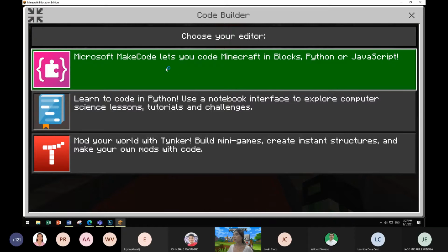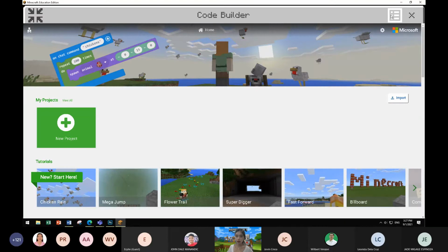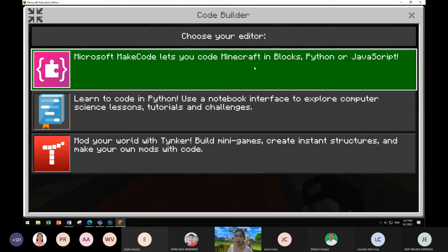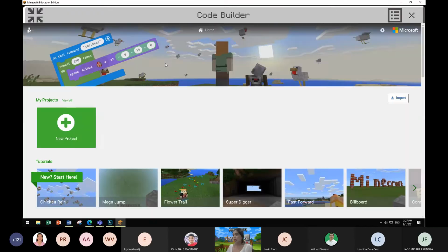Okay. Pag ganun yung nangyari, ganito lang gagawin mo. Balik ka dun sa may icon. May icon na ganito, nakikita mo to. Beside mo dun sa X icon, hanapin mo yung kaparehong icon nito. Okay po. And click mo yan para bumalik ka dito sa my editor screen. Okay? Pipindutin natin, kids and teachers, one more time. Microsoft Make Code, yung color pink. Okay? Yan. Okay, going back. So from here, na-access na natin yung Microsoft Make Code Code Builder screen para magkaroon